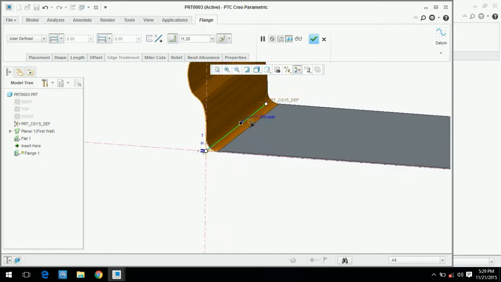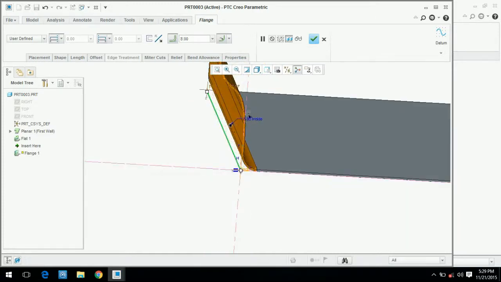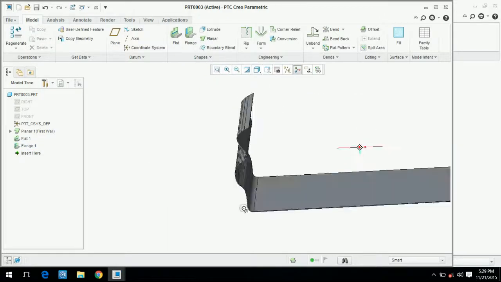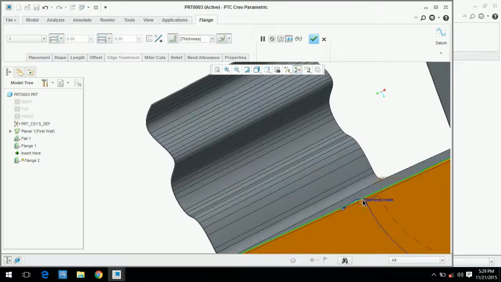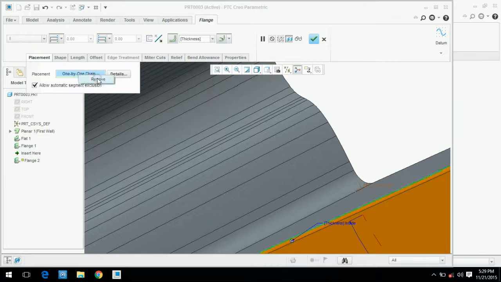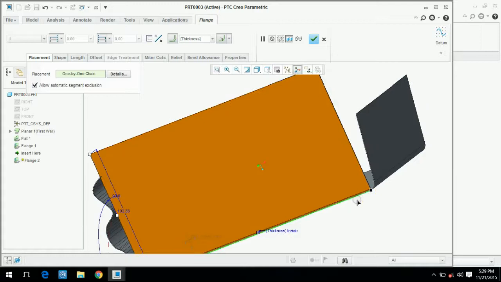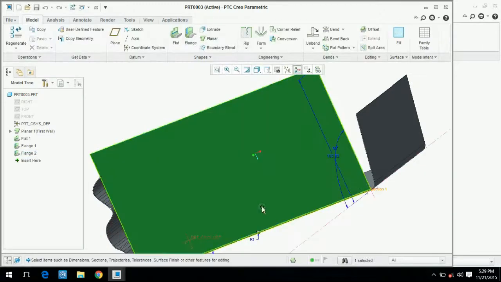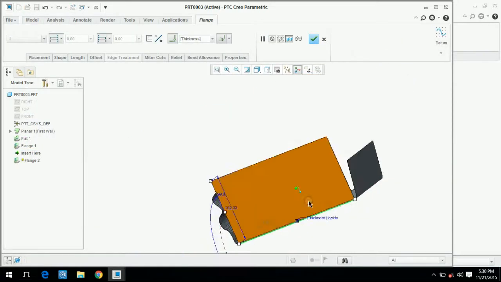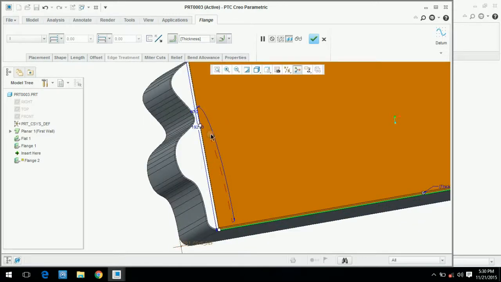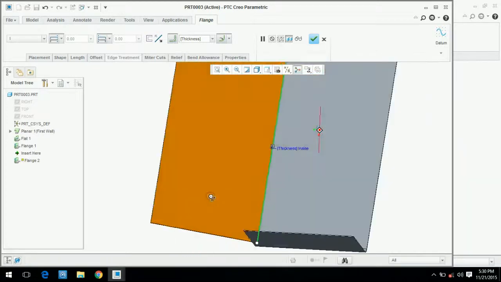Okay, look at our output. There are many surfaces built in. We selected the upper surface, upper edge. Okay, and if we want to put some clearance, then this is our clearance. Right click, edit definition, and change this. This is the angle. Okay, no problem. Placement, shape, this is our shape: I shape, arc shape, S shape,